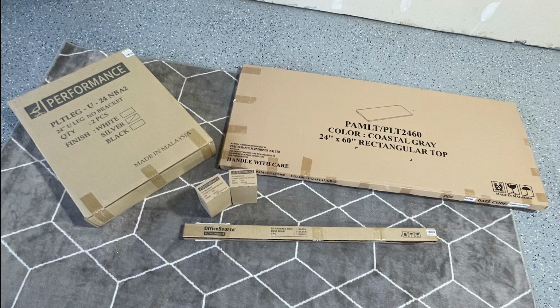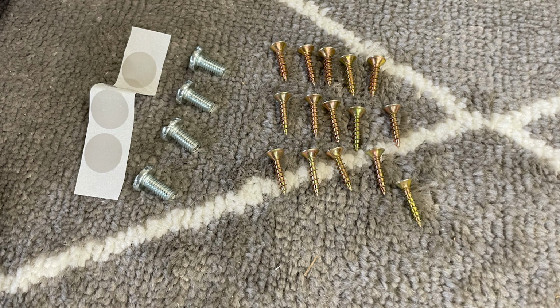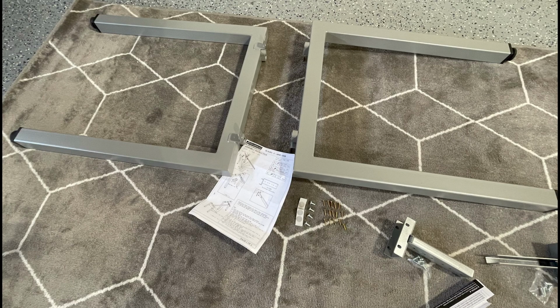Your OnTask table desk arrives in 5 boxes: 2 brackets, the top, a beam, and the 2 legs in a singular box. We recommend the use of a power screw gun drill, Phillips screwdriver, and Allen head wrench for ease of assembly. These are the bolts and screws that come with your OnTask legs, and also the 4 bolts that